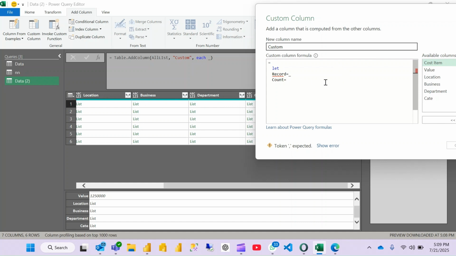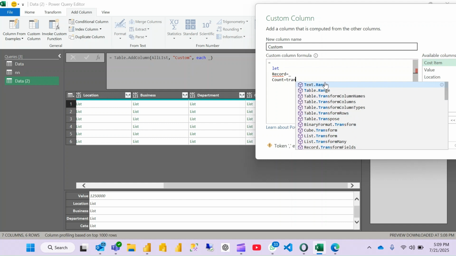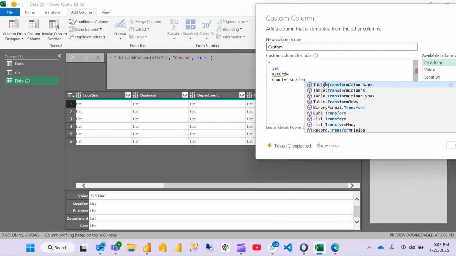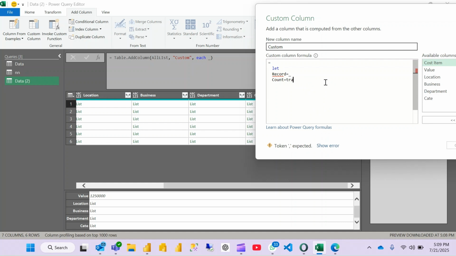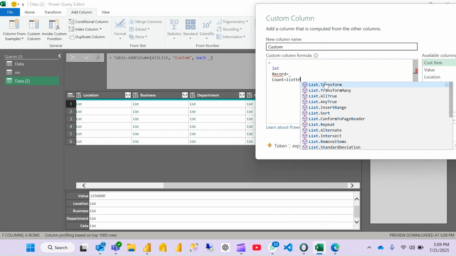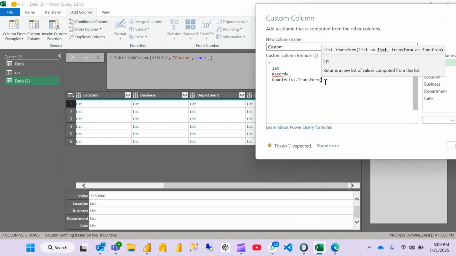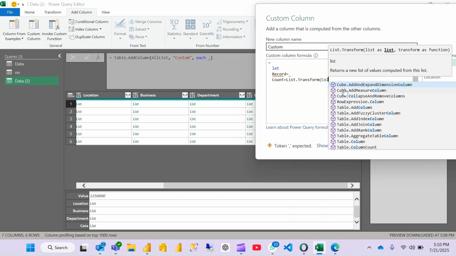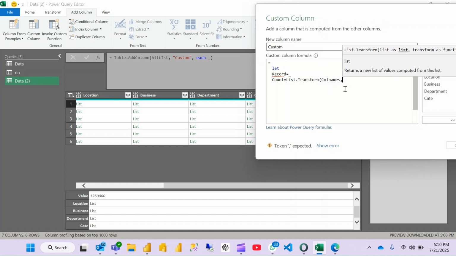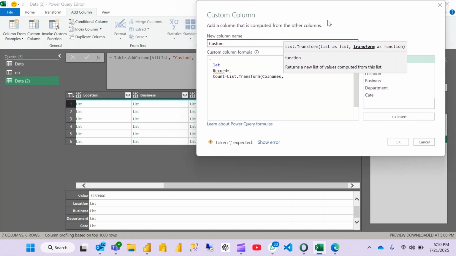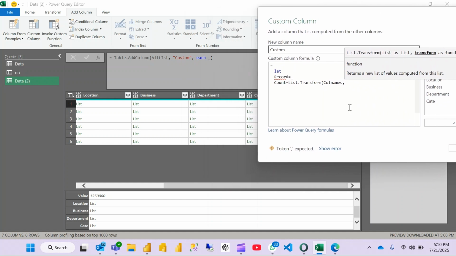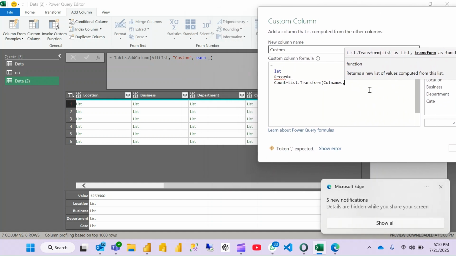For that we will use the transform on list, sorry, List.Transform. Then use a list. So we already have the list as a column name, column names, and transform as the function. You can see transform as function. Each